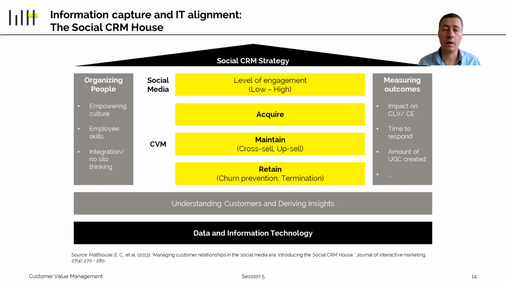And then there is the use of social media, which can be either low or high engagement. Obviously, social media can come in different forms. If companies take their advertising spots and put them on YouTube, technically they are using social media, but it's very low engagement. If you post a video on TikTok, but you disable comments, it's very low engagement. This is very different to having a real conversation with your customers and encouraging them to produce content themselves or sharing your content. And on the sides of this customer relationship or customer value management strategy, you have the people that need to be empowered and skillful, and you need to measure the outcomes.